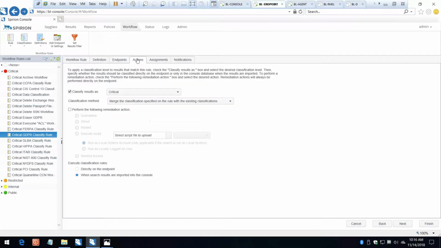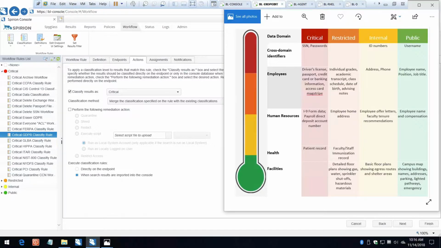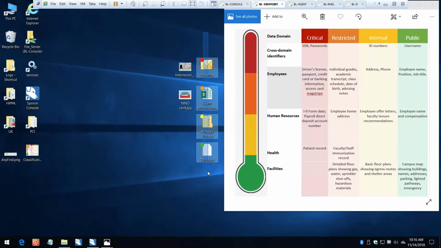There's various actions you can apply to this. The most important here that we're talking about today is the ability to classify information. So classification is a very important tool to help you group the sensitivity, or actually identify the sensitivity of different information around the organization. So that process within Spirion then allows you to apply classification to files.